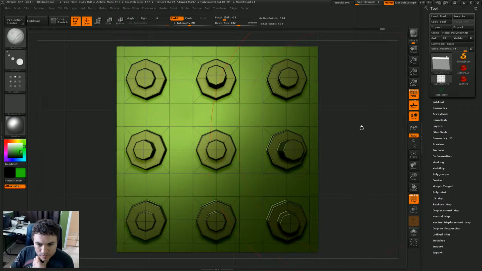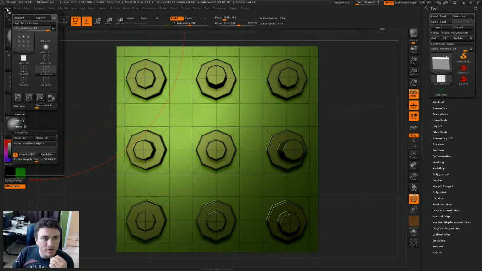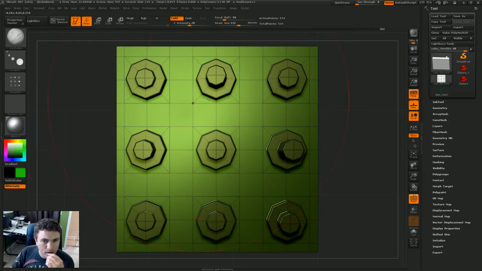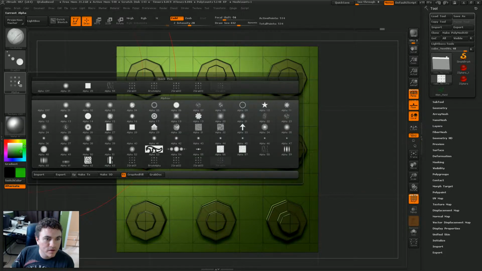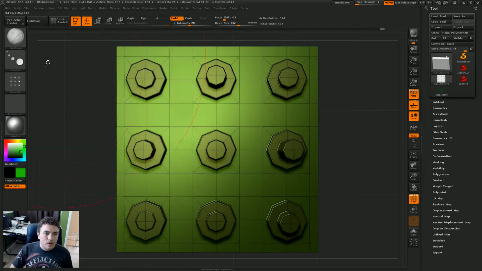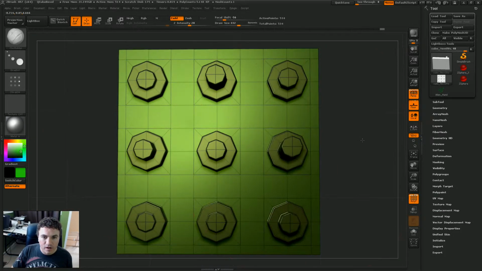But I want to make an alpha out of this, so create alpha, then open up transfer and grab doc. So now I've got an alpha that looks just like this. Pretty sweet. What it did is it took the depth information of this object that I've got in my scene,